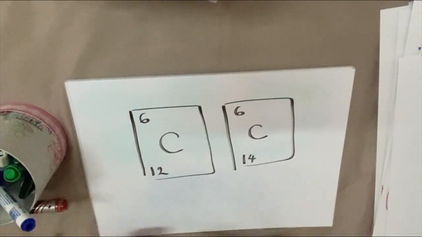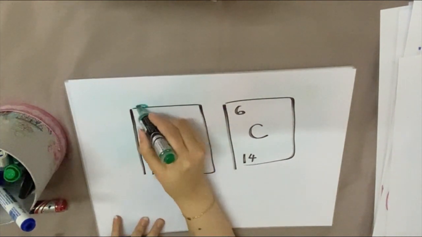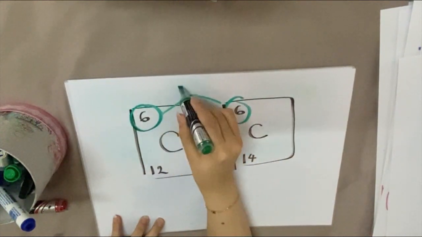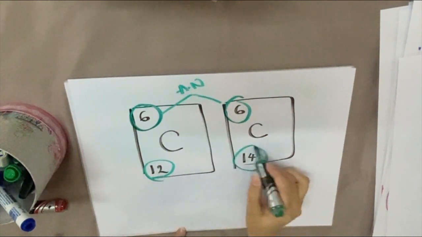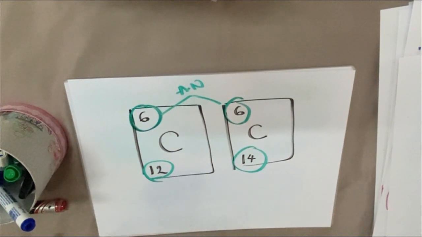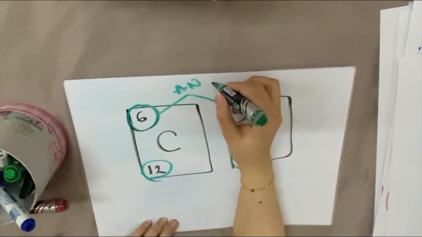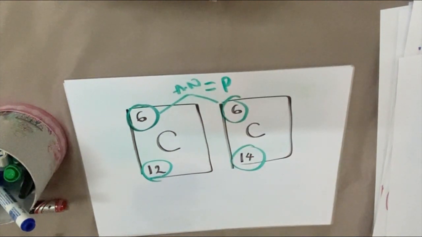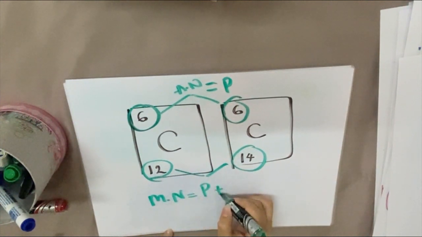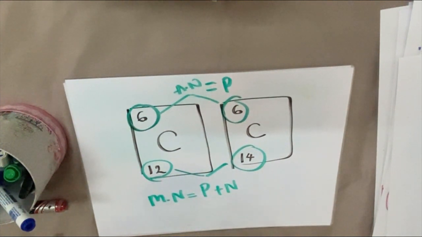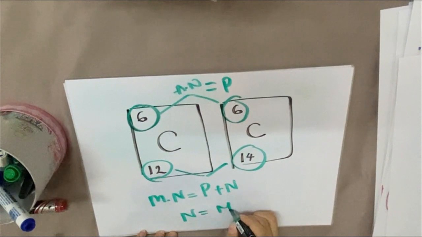Let's take a look at another example. For example, we have these carbon atoms with the same atomic number, 6, which is perfect, and different mass number. This can tell me they're simply isotopes. Why? Because atomic number is the number of protons, that never changes. Mass number is the number of protons plus neutrons, which means that if we rearrange the formula, we can simply find the number of neutrons. So the number of neutrons is mass number